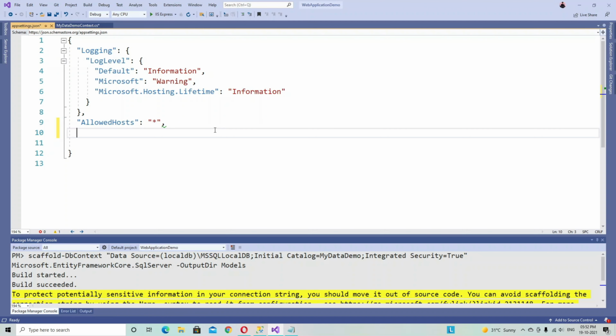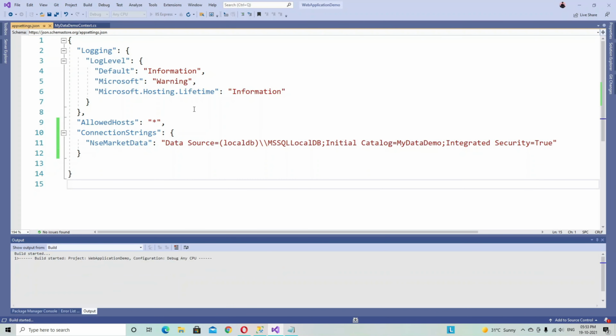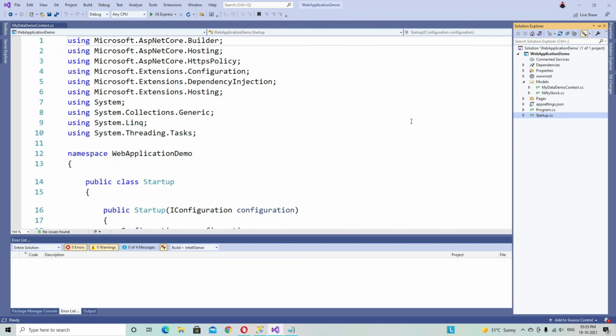Our connection string name is NSEMarketData.